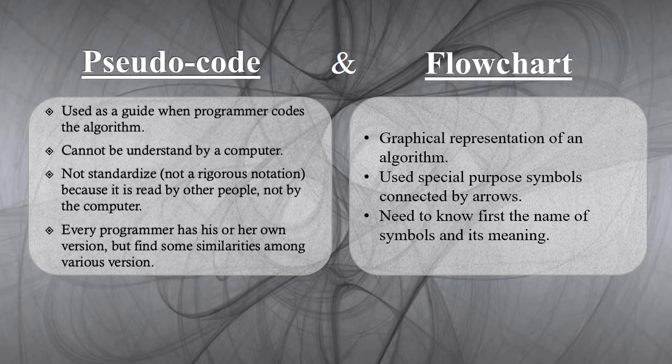Pseudocode is used as a guide when the programmer codes the algorithm, since the algorithm cannot be understood by the computer directly. Pseudocode is not standardized. Every programmer has his or her own version, but you will find some similarities among the various versions. And for the flowchart, it is the graphical representation of an algorithm